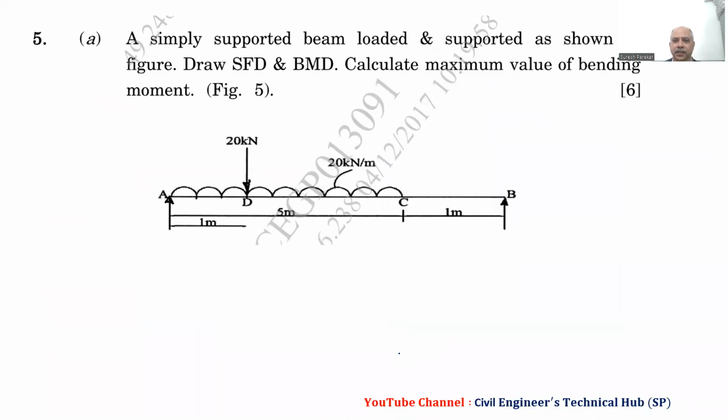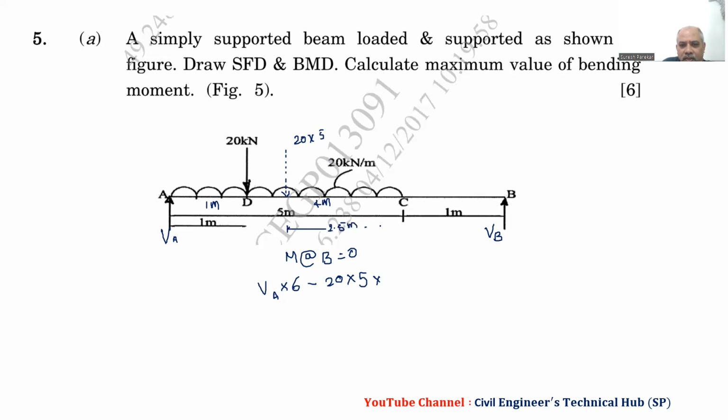Now we have been given this problem: a simply supported beam loaded and supported as shown in the figure. I will go a little bit fast now. We have this as VA and this as VB. Then we take moment about B, so we have VA into 6 minus 20 into 5, acting at the center, 2.5 meters, and this distance is 4 meters, this is 1 meter. So we have this into 3.5,